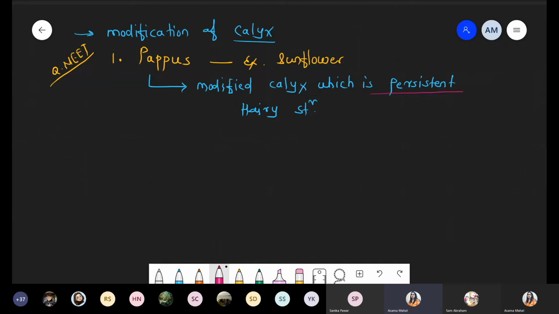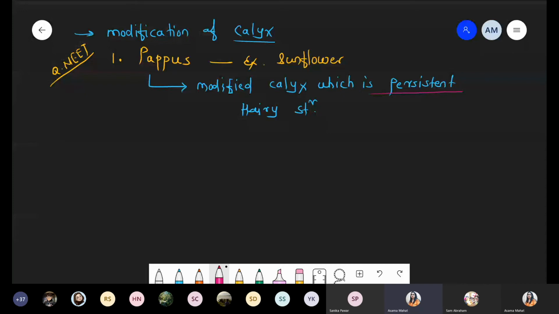So see the structure, zoom that structure. Can you see that these are the sunflower, but at the petals, these are the yellow color petals, arranged on the periphery. But if you see the center part, these are the seeds, because we know that in case of the sunflower, seed and the fruit are the same phenomena, right? Now these are the seeds.